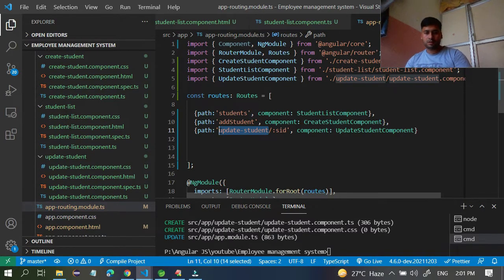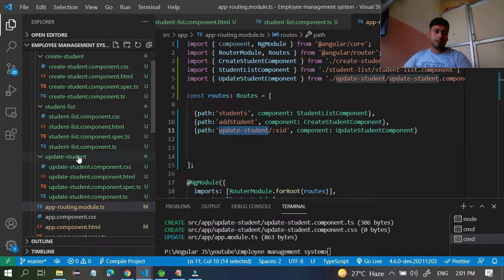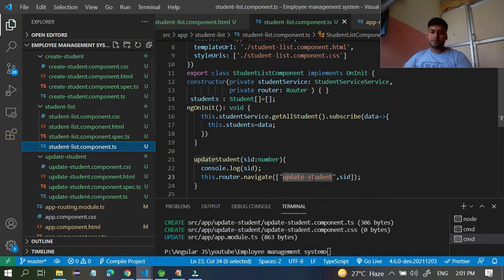Take this one and replace it in the student list.ts file. Update student: once it is called, you have to redirect to the router, and once you go to the router, again you have to redirect.